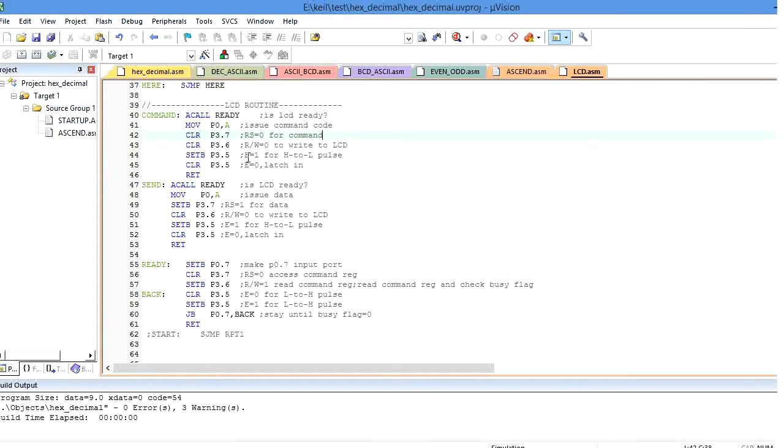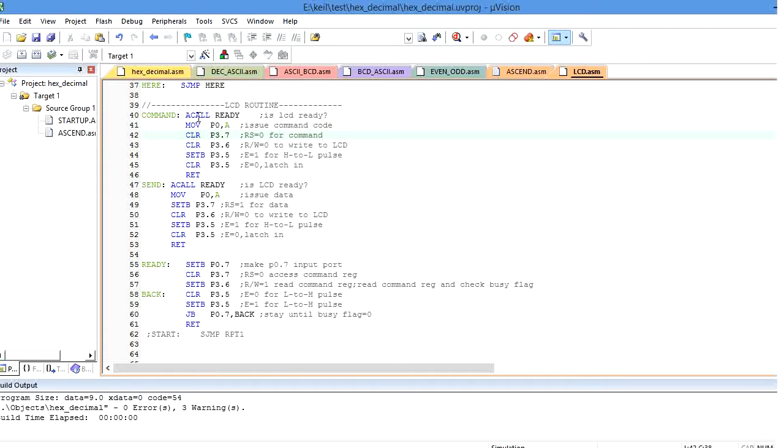Whenever I make the enable pin high to low, it indicates the LCD is receiving the command. So how can I make the enable pin high to low? First I have to do setb P3.5. After that I have to do clr P3.5, so that the enable pin of the LCD device goes from high to low. Then it is return.